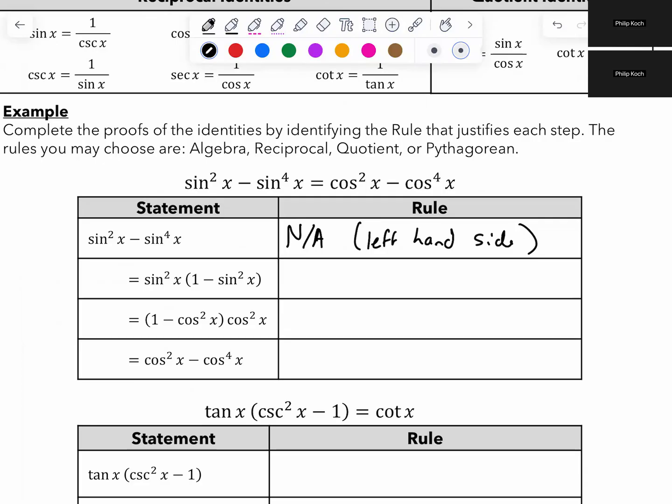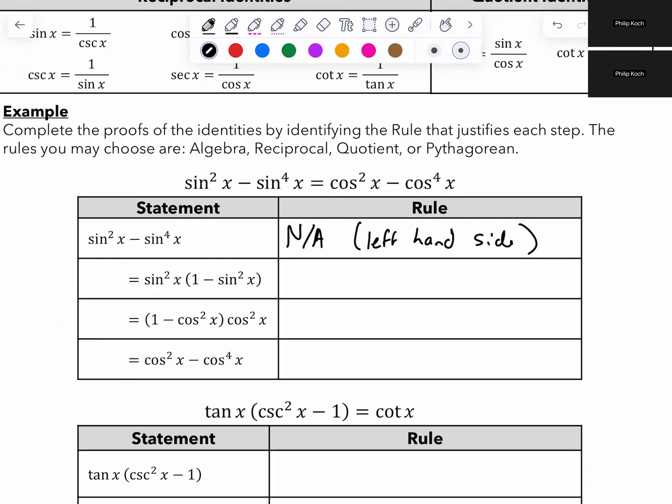There's nothing stopping us from starting with the right-hand side. We could definitely do that. When you're proving that identity, it's an equal sign, so it's true backwards and forwards. So you can start with the left-hand side or start with the right-hand side. It's your call. The first step given by the person, whoever this is, is that they factor out a